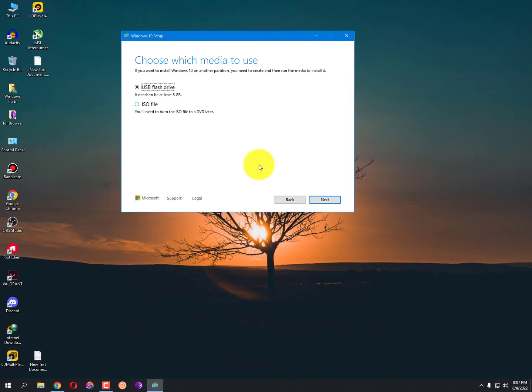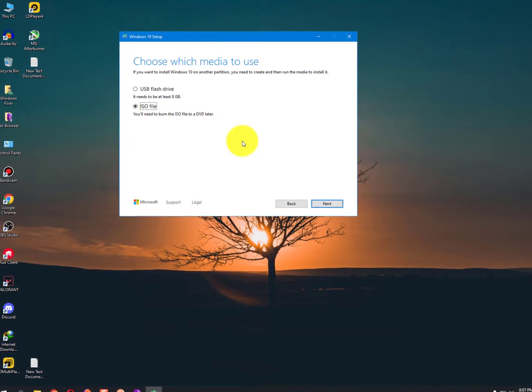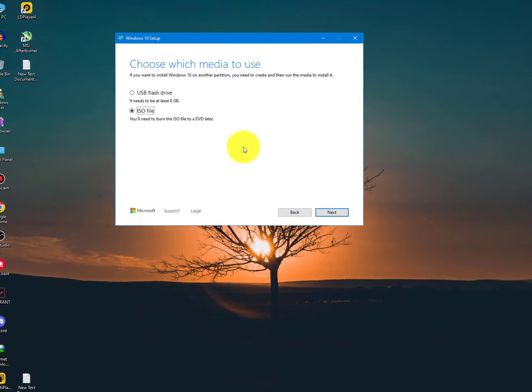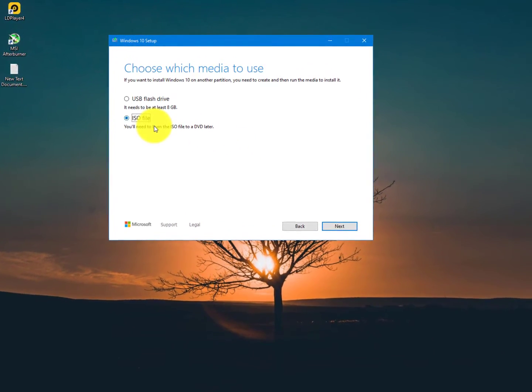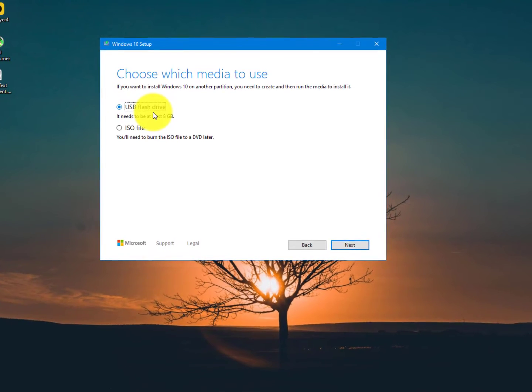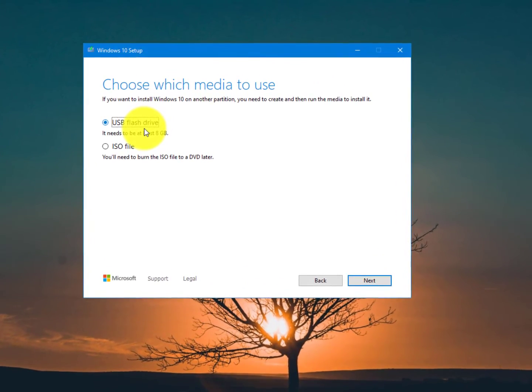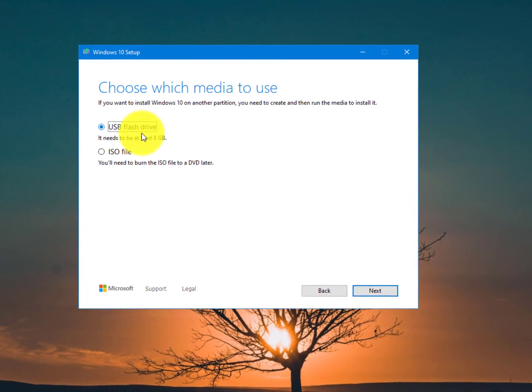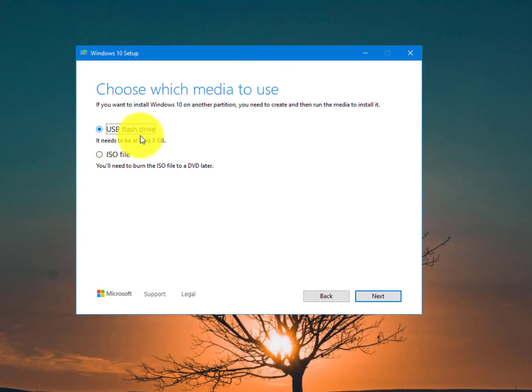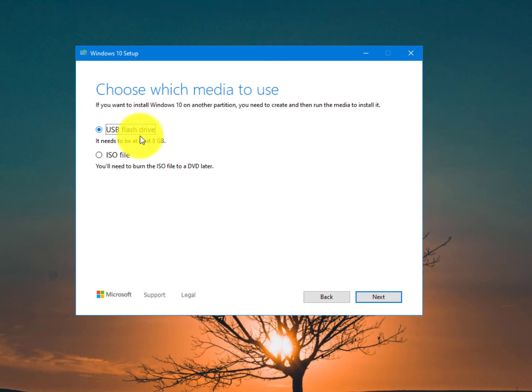After selecting the architecture, it will ask whether you need an ISO file, so you can make your USB drive bootable later, or directly you can use the USB flash drive option and make your USB bootable directly. Select the upper option if your internet is working fine, because it will take a few minutes to download the ISO file, and then it will make it into a bootable form for your USB drive.